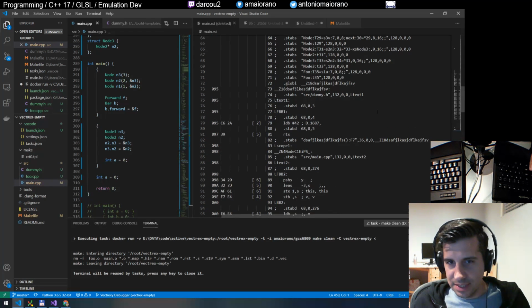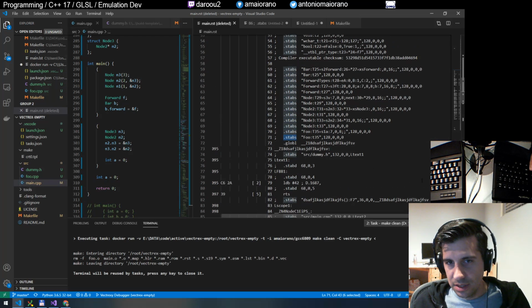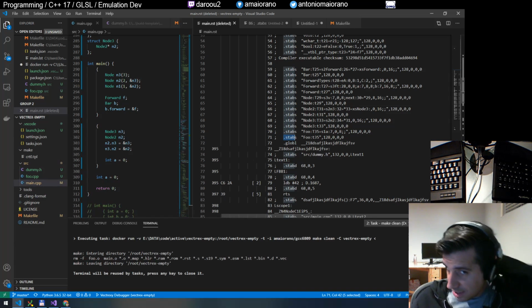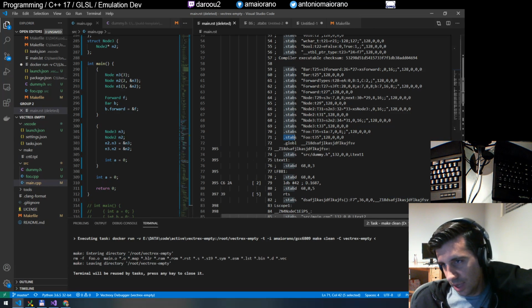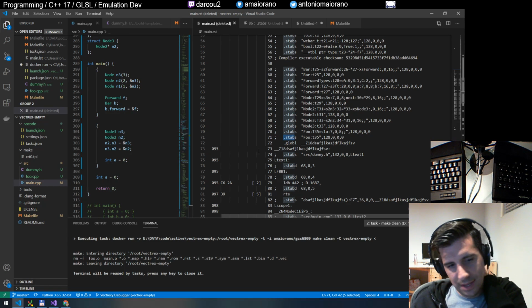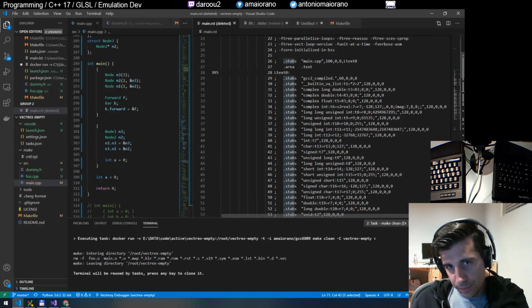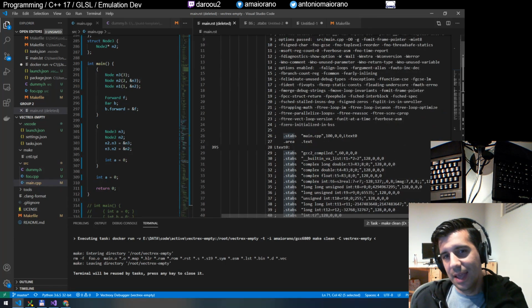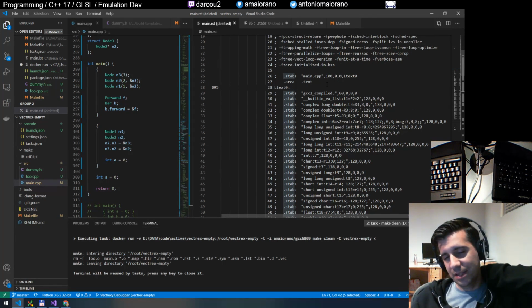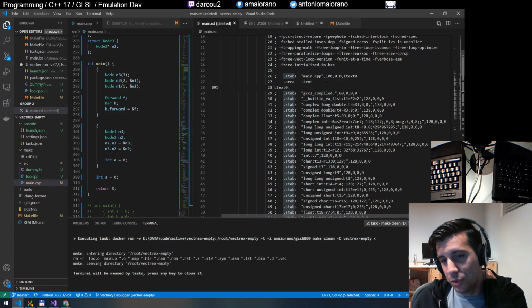And sprinkled amongst this are these lines that look like this: .stabs or .stab. There's S and D and all that. So these lines here are actually the debug information. It's a really old format. It stands for symbol tables, because a lot of debug information is basically symbol tables. So this is your debug info, right? This is a really old format, pre-DWARF, and old debuggers would parse this text and use this information to help you do source level debugging. So that's what I'm doing. I'm basically parsing these files,